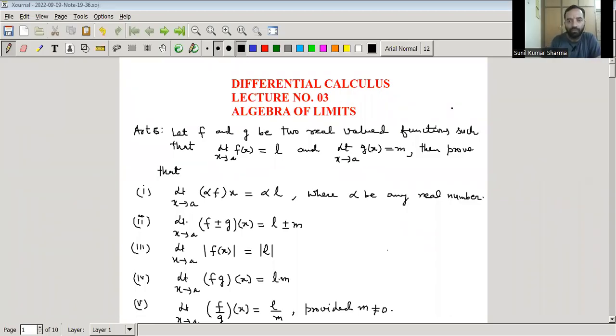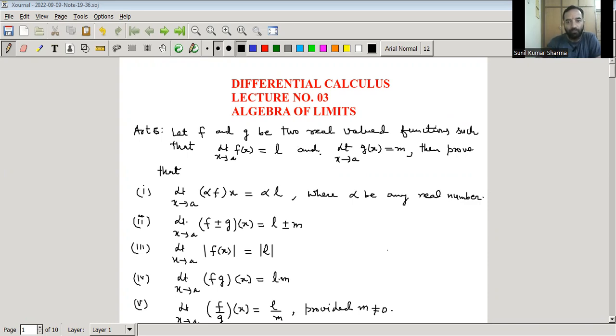Hello students, this is lecture number 3 on limits. In this lecture, we are going to discuss some articles related to limits. So let us start with: let f and g be two real valued functions such that limit x goes to